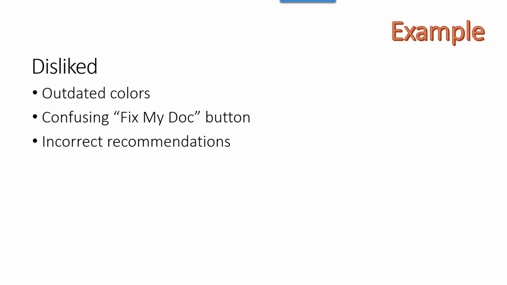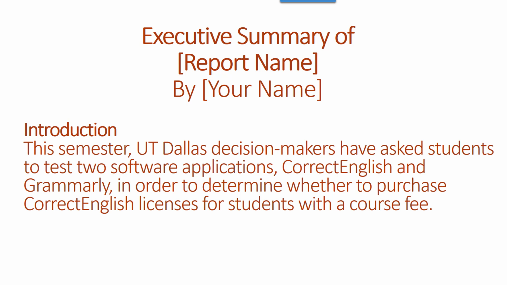And I know that when I do the comparison, so if this is about correct English, then if I do the comparison on disliked for Grammarly, I'm going to want to use nouns as well. And I'll probably put them in a table format with disliked and then bullets on one side and bullets on the other. Okay, so going back to the very beginning, if we're looking at an executive summary,